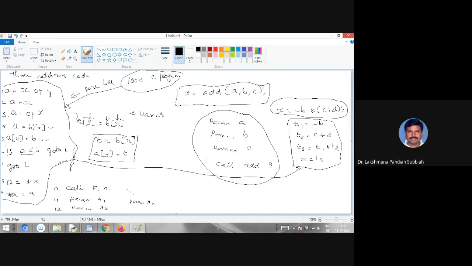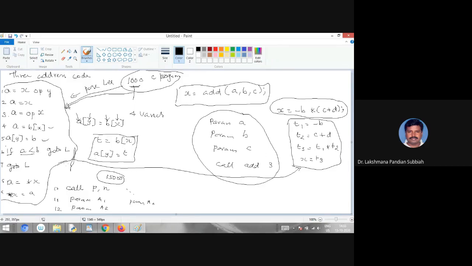Okay, whatever the statement, 1,000 lines of code or any big programming language program, is converted into this set of statements. Here this 1,000 lines of code is converted into around 15,000 lines of intermediate code.